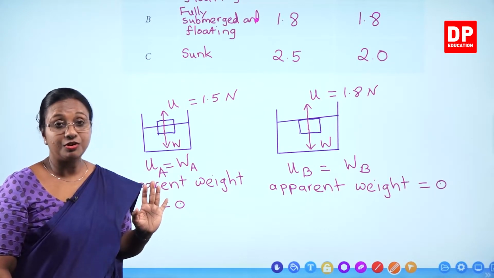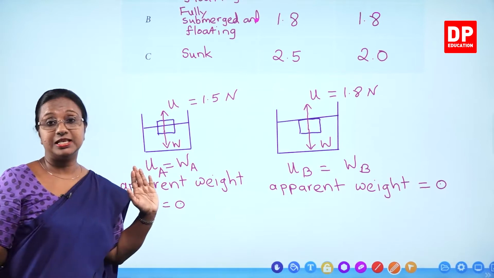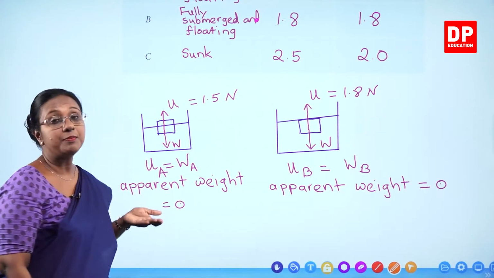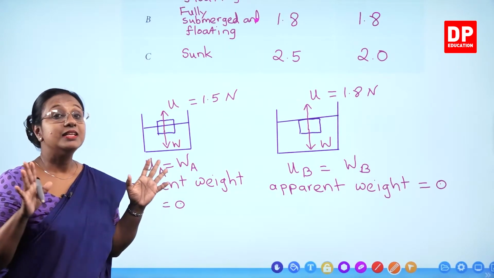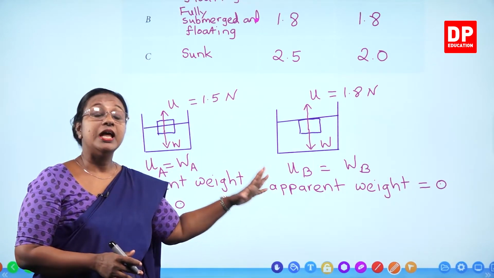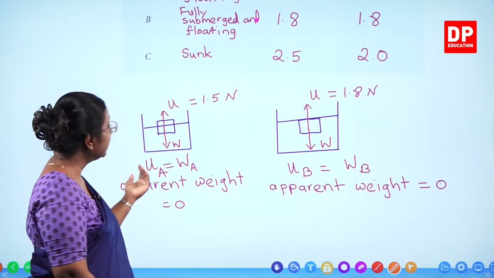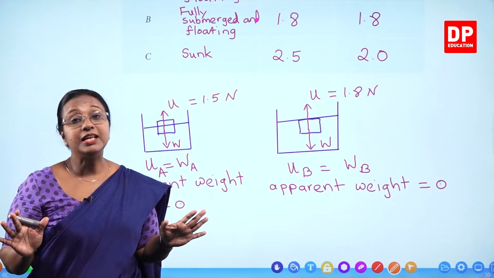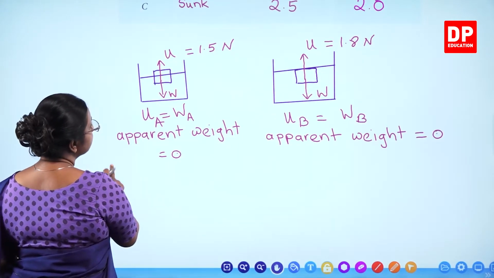Is that clear to you? So, if you have an object that is even lighter, let's say only 1 Newton, it will be pushed up further. Can you all understand that? The same way, if we use different fluids also, depending on the density of the fluid, the way the objects float will vary. Is that clear to you all? So, from this, you can understand